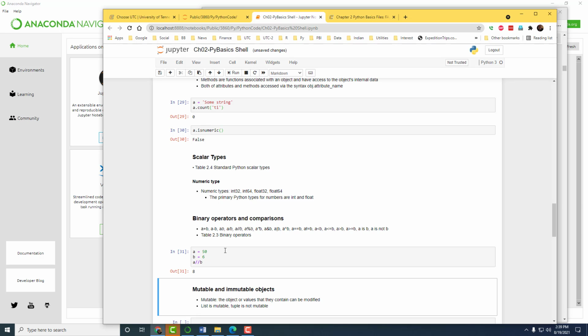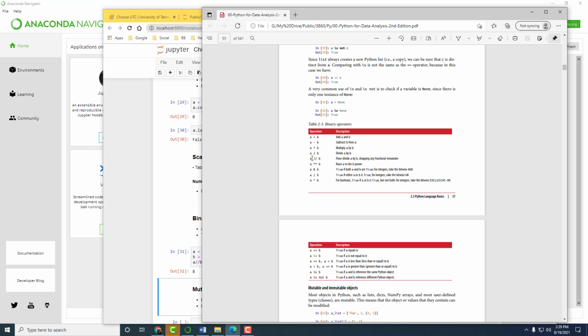So this is integer division, where you keep the integer part and throw away the fractional part. So a // b is floor divide a by b, dropping the fractional remainder.